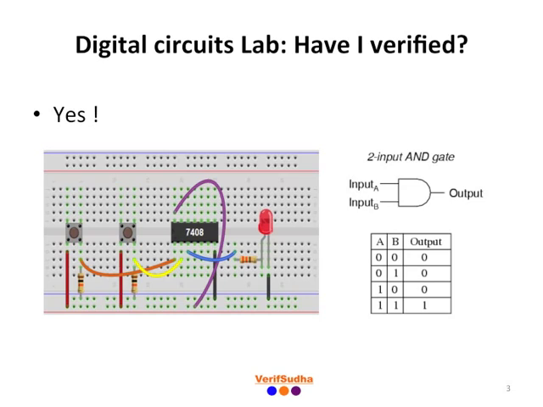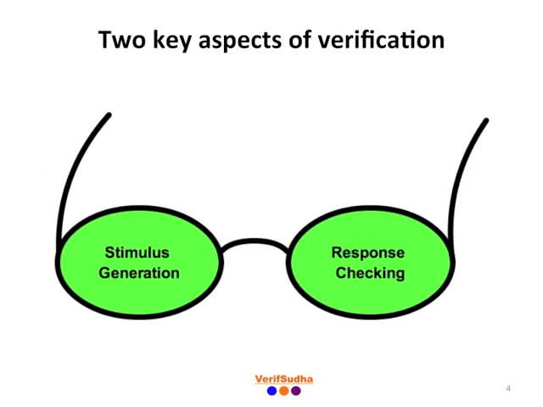Only after we figured out all the ICs are functioning, we used them to build the circuits required by the lab experiment. So, what fundamentally did we do to verify the IC? Simple. We stimulated the inputs and checked the outputs as per the specification of IC. Functional verification is fundamentally all about stimulus generation and response checks. For a verification engineer, this concept is very important.